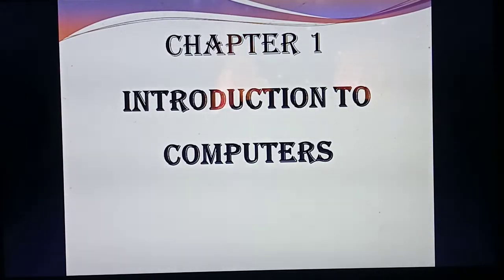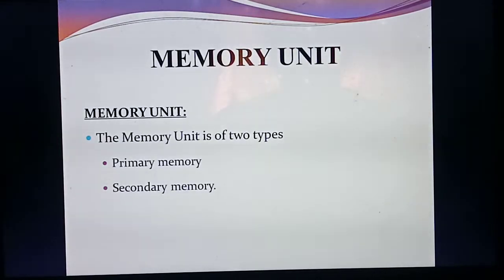Last class I taught about the functional components of computer. From where to where do you need to write? Starting from the functional components of computer, the introduction in 4 parts, then the diagram, then each heading: input unit, then CPU, the processing unit, and inside the CPU the ALU, then control unit, then memory unit, isn't it? Then output unit. Till the output unit you need to write for the 5-mark question. Today you are going to study about memory unit.